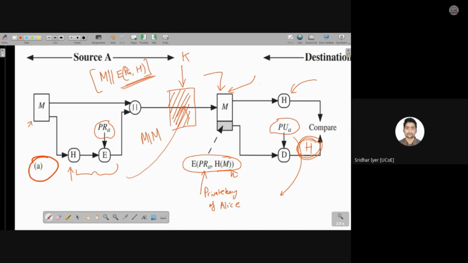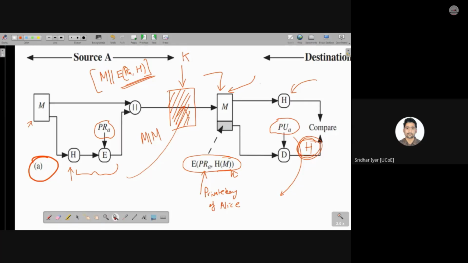Yes or no? Yes, you can say email ID is the public key and password is the private key. Correct. Very good example, Dhruv. Now, just keep in mind, if you want to make sure that the user is actually Alice, then you should perform digital signatures. But if you want to add encryption also to it, to add a lot of security, then you can do it like this.